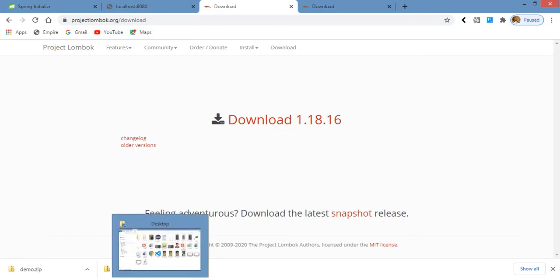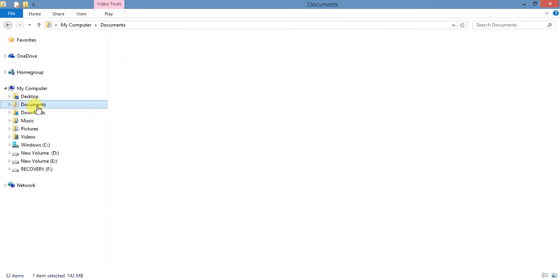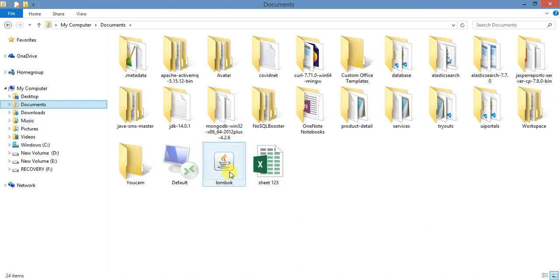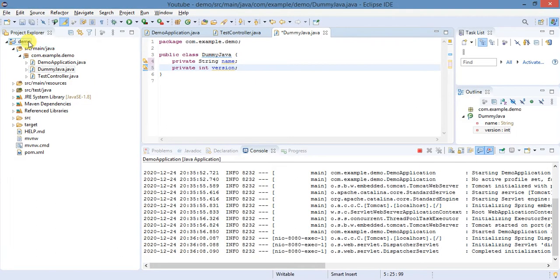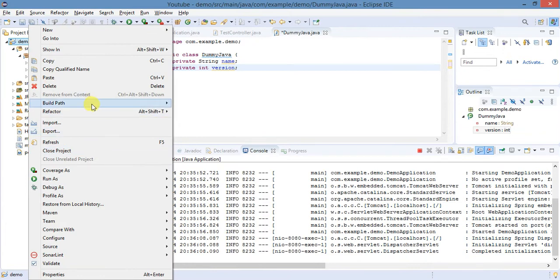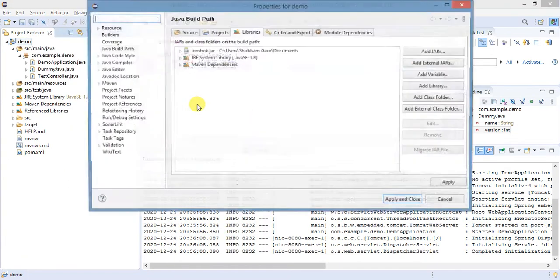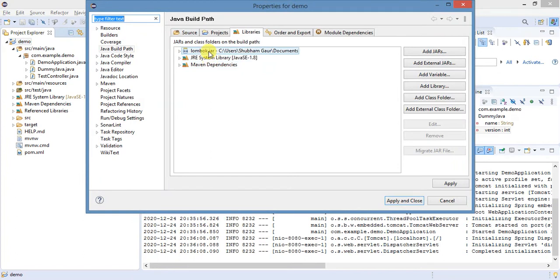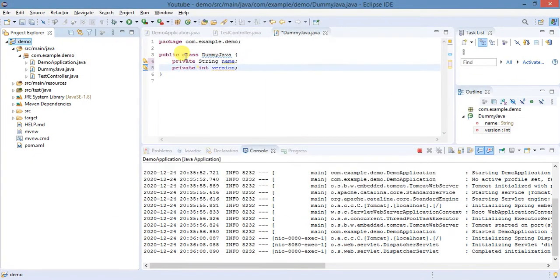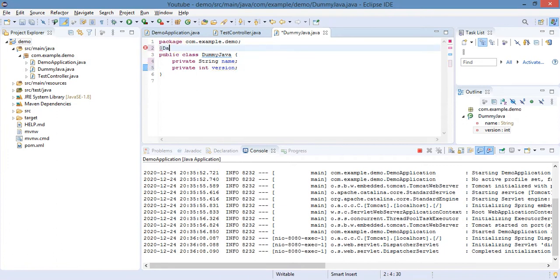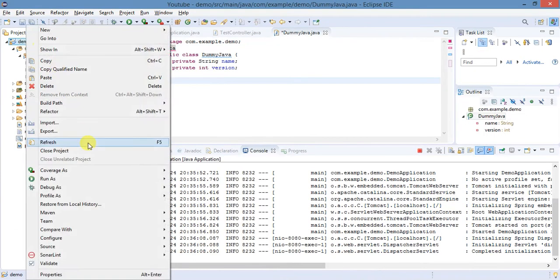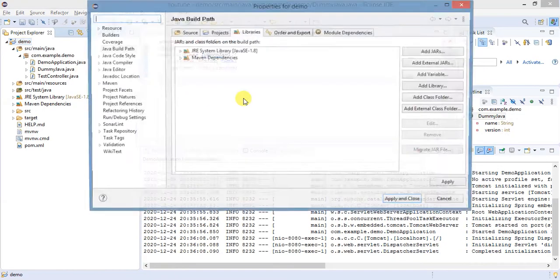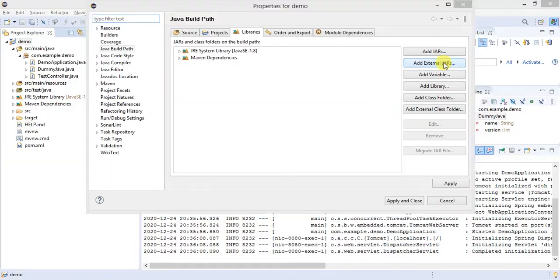I already have it in my documents. Once you have the Lombok jar, right click on your project, go to Build Path, then Configure Build Path, and add an external library.